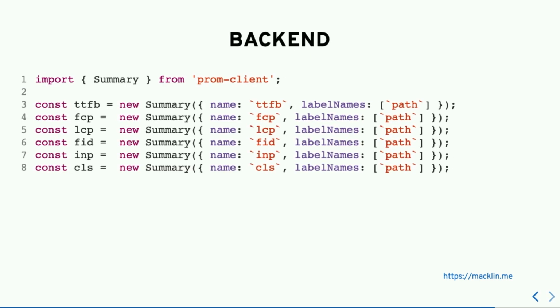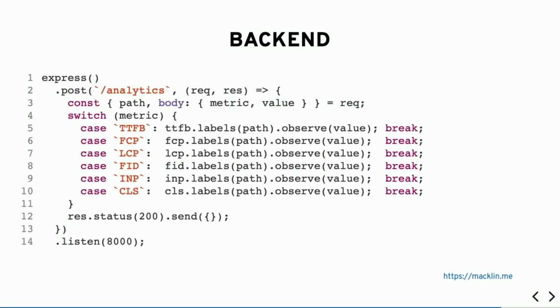And this is the server, so this is Node.js code, nice and simple. Use the prom-client, that's just Prometheus, and you just create a metric for each one of those when it comes in. I separated them out by line. If you're recording those metrics, you've just got this. This is the analytics endpoint itself, a simple Express server. It detects what kind of metric you're recording and then just records that.